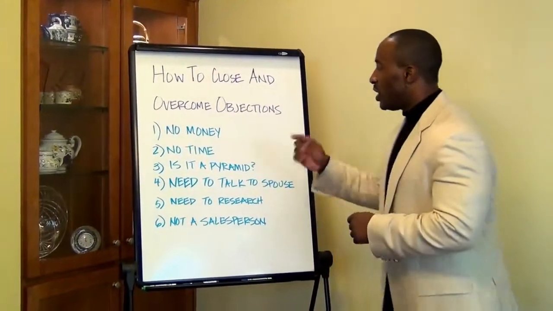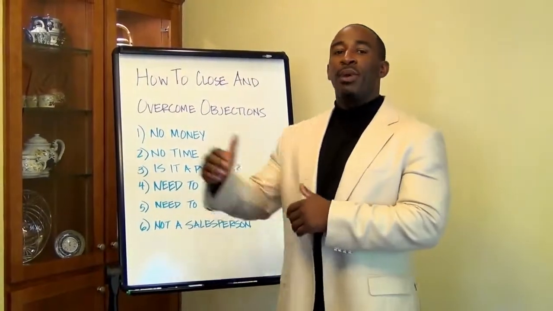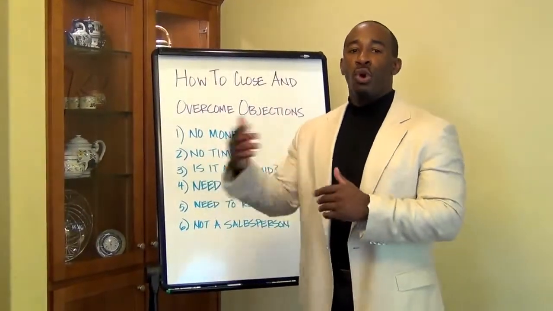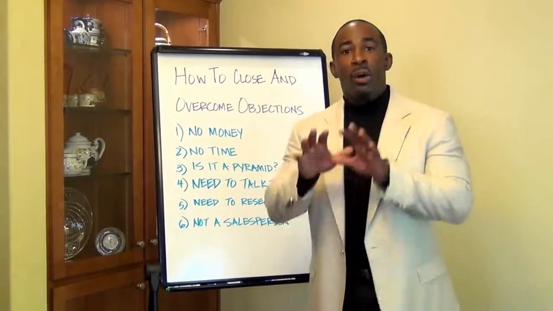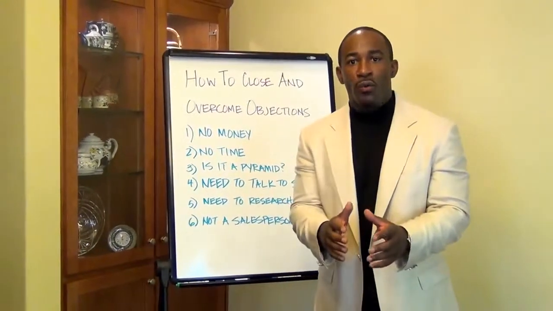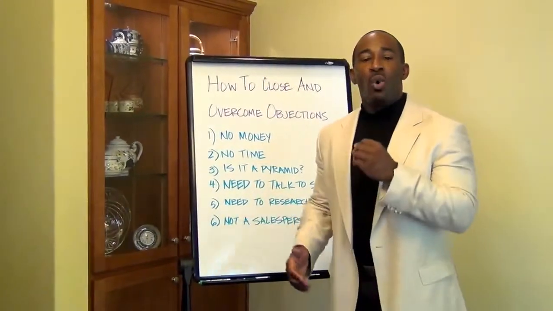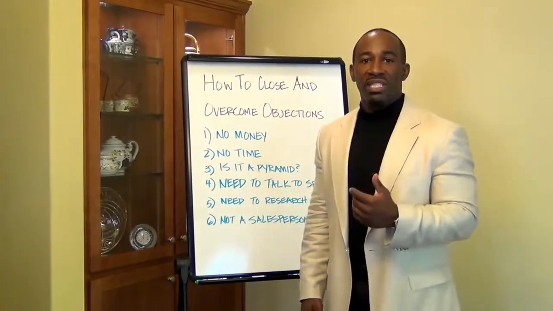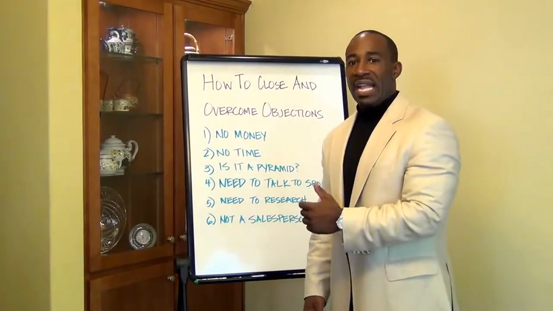Okay? Now, let's go ahead. What we're going to do is I'm going to bring up some of my colleagues and business partners, and I'm going to let each one of them throw one of these objections at me, okay? Please remember, the meeting is now over. I'm now talking to them, and I want you to watch what it is that I say, because this is what you should be saying to your prospect at the end of the meeting.